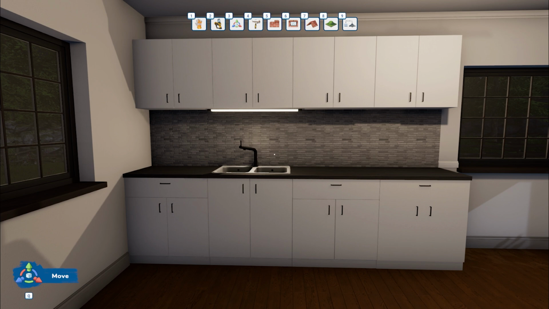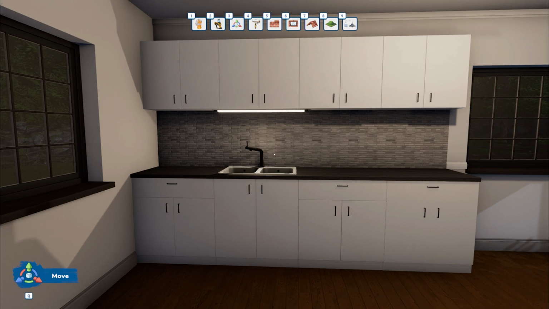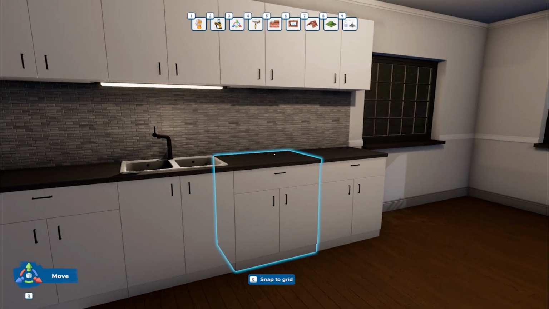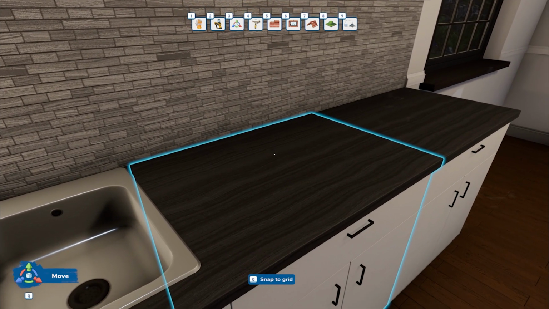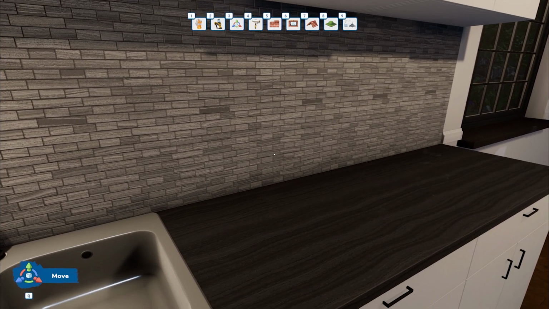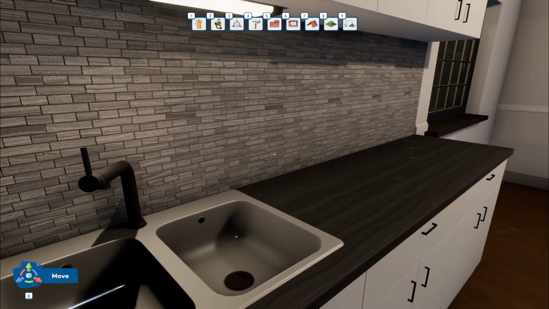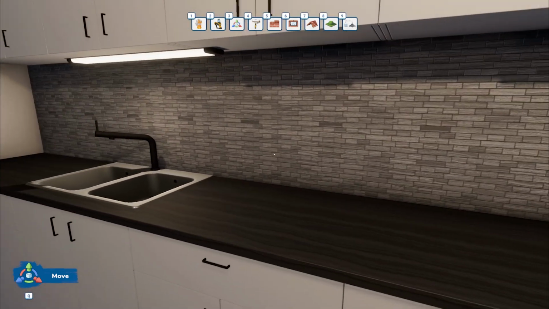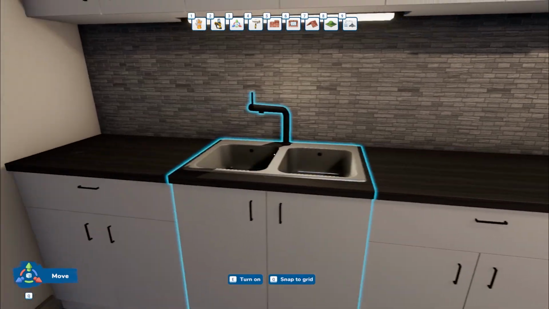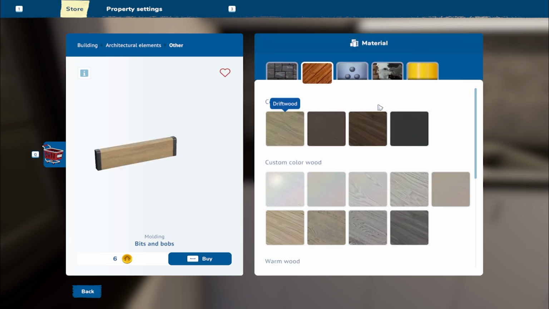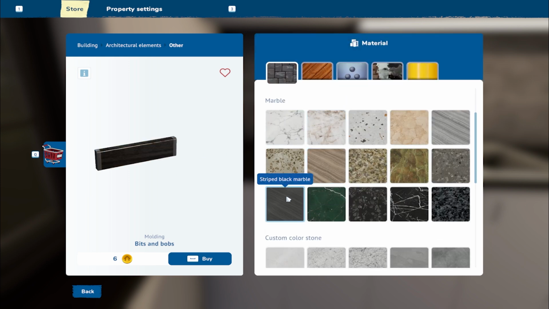The last option is backsplash molding. I don't see too many people doing this, but we have it a lot in our homes, and so I always like to add, not to every home, but to a lot of homes, a transition piece from the counters to my backsplash. So this piece is really just a continuation of the counter material against the wall, and it kind of cuts it up, so instead of just having this harsh right angle, we can add in a little piece. And I like to use these little molding pieces, and I will pick the same material that's on my